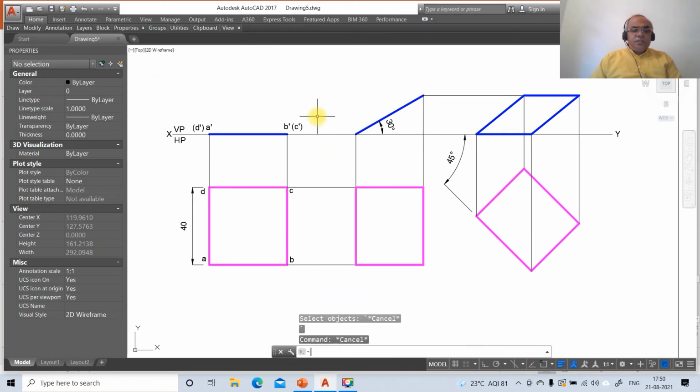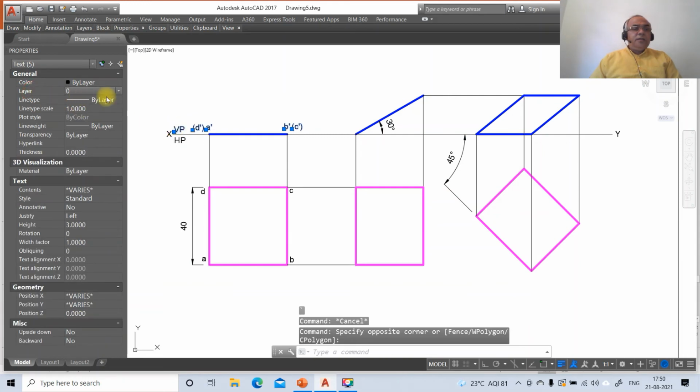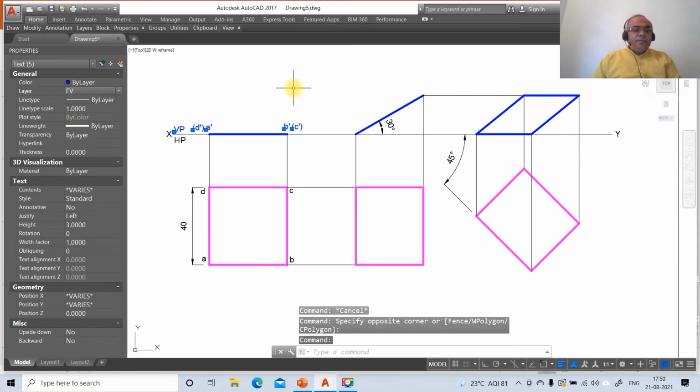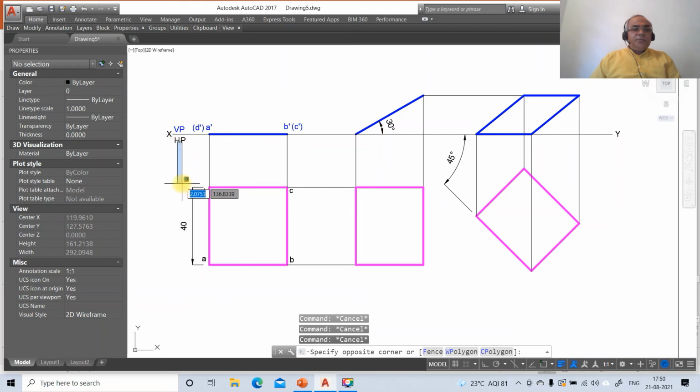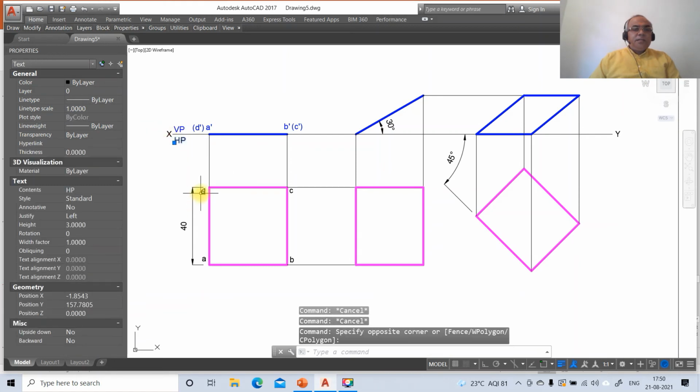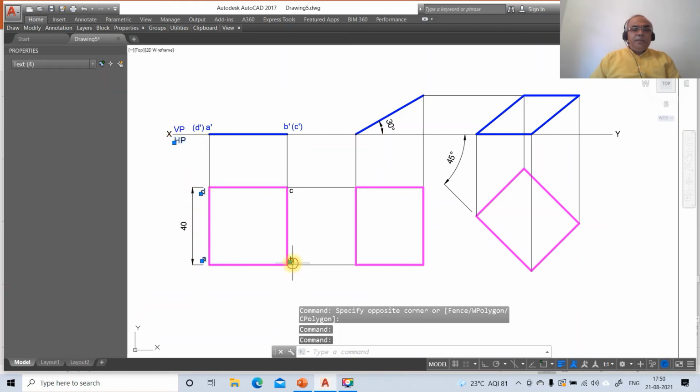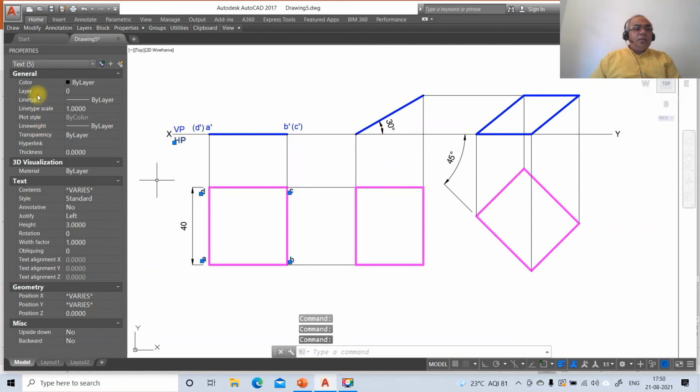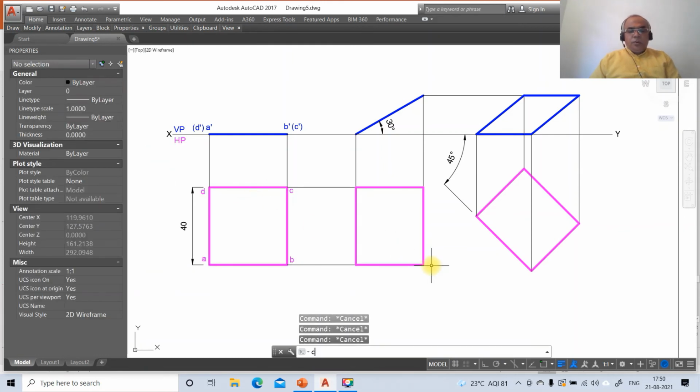So here you just select this entire thing and then go to layer, make that layer as front view, and here you take this HP and this D, A, B and C, go to layer, make that layer as top view. Then go to copy, copy this A dash